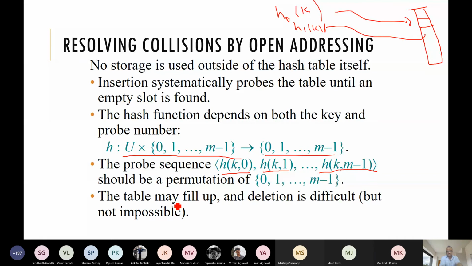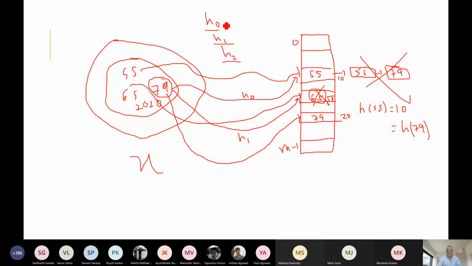Sir, how will we handle the case when the load factor is greater than 1? Yeah, so that is the basic assumption we need to make. This is our m, the table size, and the number of keys is n. For open addressing, the basic assumption is that n should be less than m.